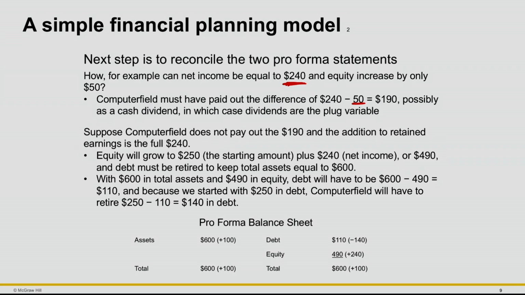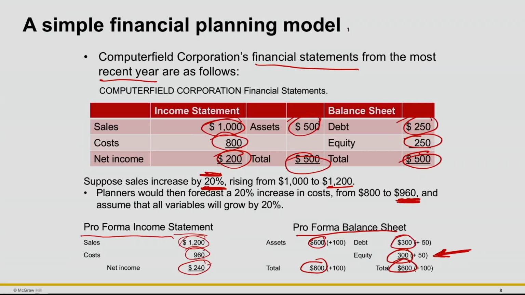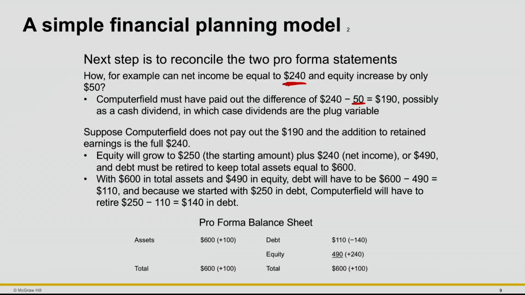remember, let me just back up to here. When we look at our net income at the end of the year, when we close our books out, that net income, anything that hasn't been paid out in the form of a dividend or a stock repurchase, gets bumped over here and put into the retained earnings account under the equity side of the balance sheet. So what they're saying here is that if we only see 50,000 showing up as an increase to equity, that means we must have paid out 190,000 as a dividend.